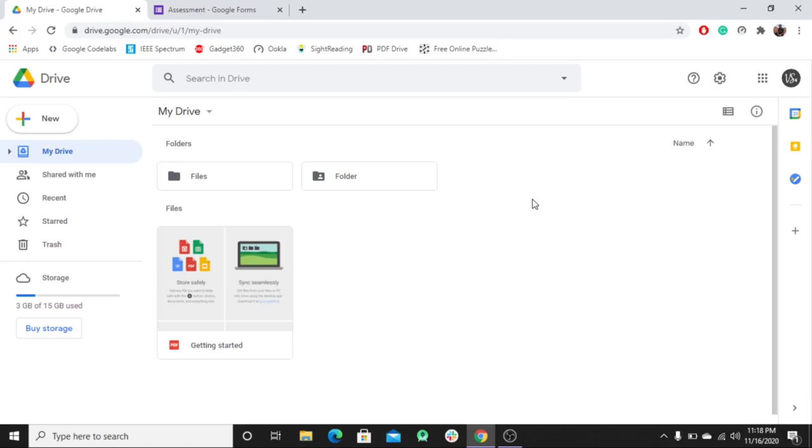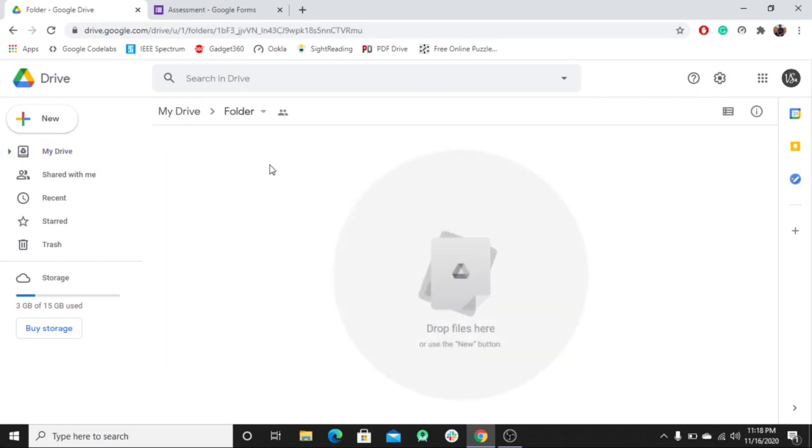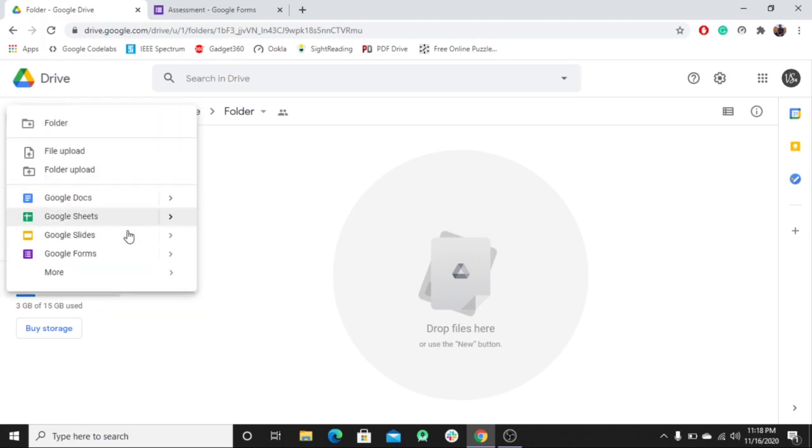So today we'll be learning how to create a Google form. As you have already seen in the previous video, we have created a folder and we have shared a folder. So now we'll open that same folder and create a form in it. What you can do is click on New and go to Google Form,